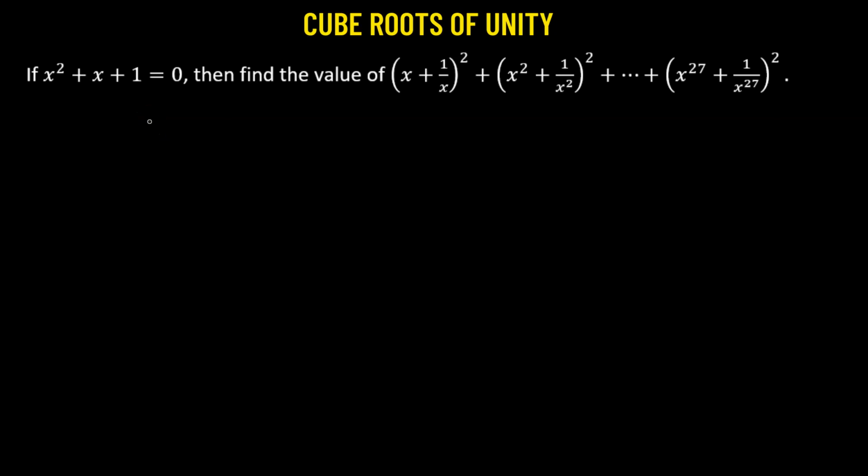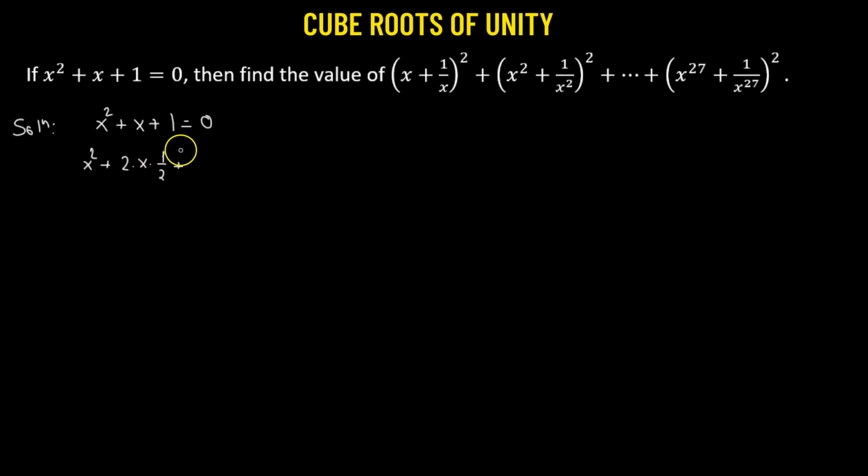So here we are provided with the equation that x squared plus x plus 1 equals 0. Then we need to find out the value of this given expression. So let's begin. We'll use the equation x squared plus x plus 1 equals 0, and we'll try to find its roots. So we have x squared plus x, which can also be expressed as 2 times x multiplied by 1/2,